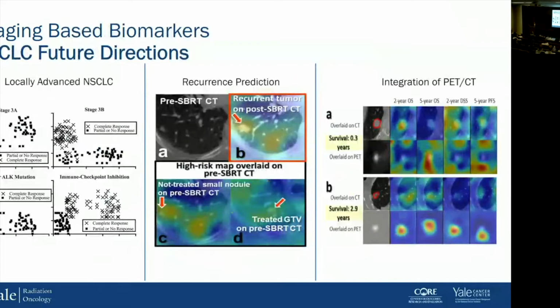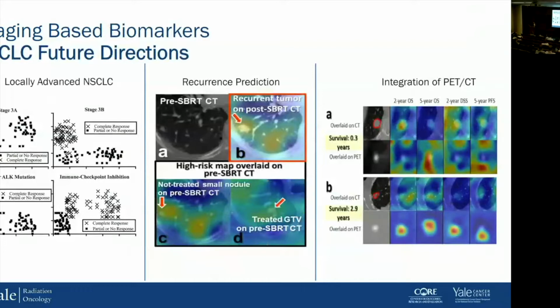This is what we call a T-SNE plot, a t-stochastic neighbor embedding plot. It's a non-linear form of dimensionality reduction, a clustering algorithm of sorts of imaging features. And what we can see is that there are imaging features that distinguish partial responders and complete responders within stage 3 disease. And even within patients who have driver mutations, there's a complete versus partial response, and there are some sort of imaging features. So this tells us that the signal within the images should be able to help us identify which patients are responders and which ones are not.